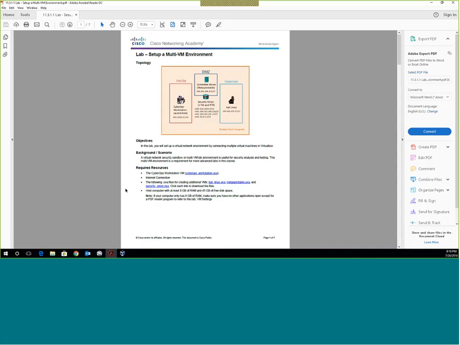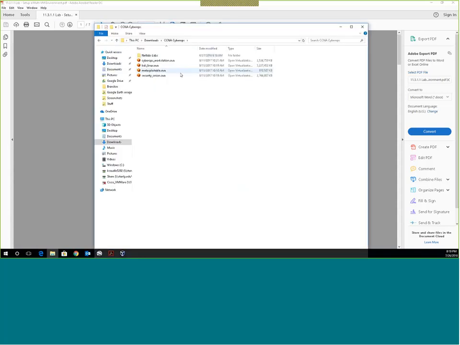I would make sure that I have them local and on either a local store or already copied to every single machine that you're going to run through this lab on. That's what I would probably do, is go ahead and copy it to every local machine, just for speed purposes. I have them locally on my machine, in my downloads folder, in an ITC Cyberops folder, and you can see here they are. So I've got the Cyberops workstation and on down through all these. So you're looking at about 9, 11 gigs of space to have all 4 of those.